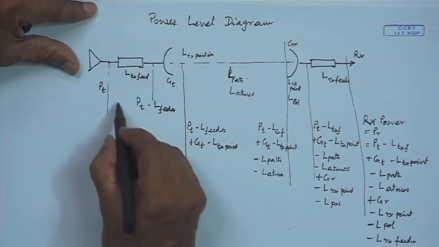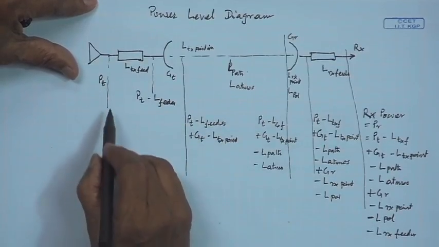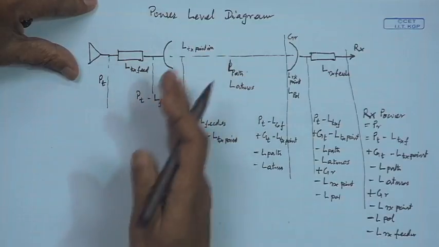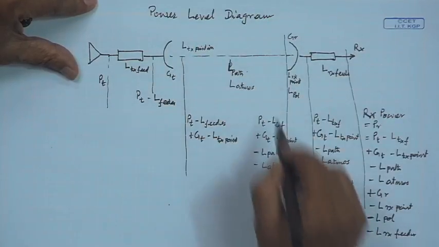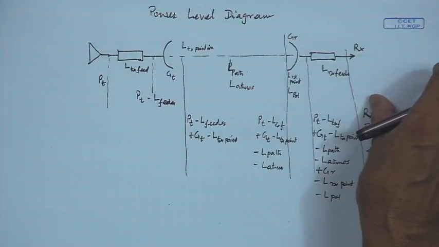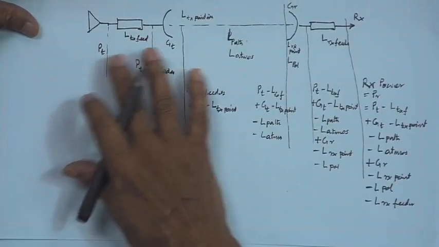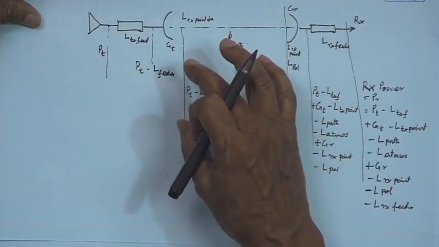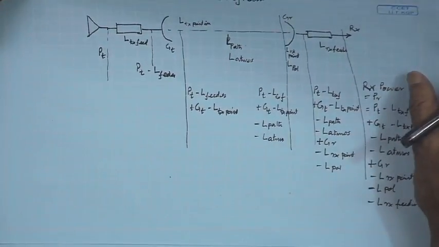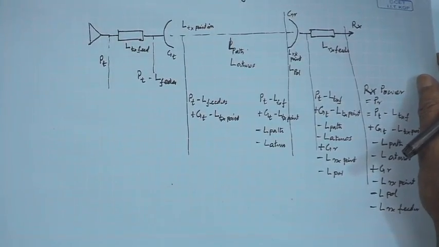A diagram can be drawn based on these numbers, and these vertical lines could be the power in dB. So, you can see how it is varying. Engineers sometimes draw this diagram so that it comes out clearly where the losses are increasing or decreasing, if it is in a pictorial or graphical form. The expressions are already available, and they can be calculated also. So, with this let us go from the power to the noise.